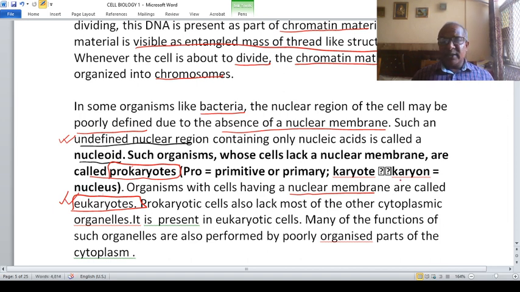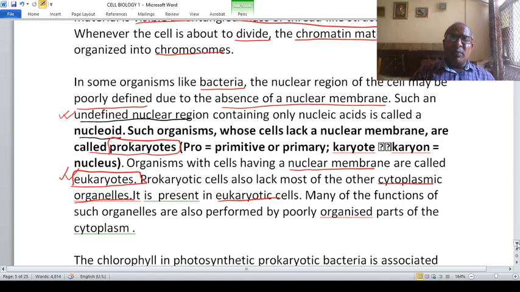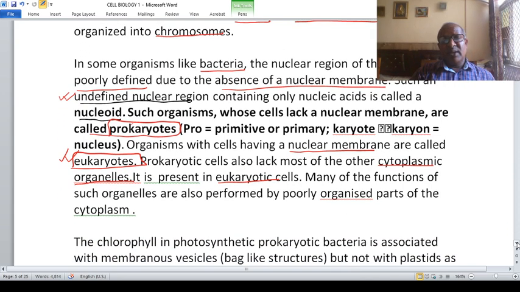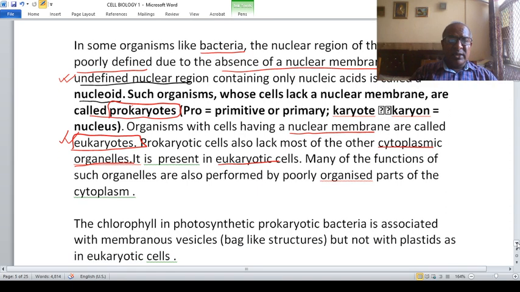Prokaryotes also lack many of the cytoplasmic organelles, whereas eukaryotes have cytoplasmic organelles. So organelles are a form of labor division. The function of the cell is distributed between